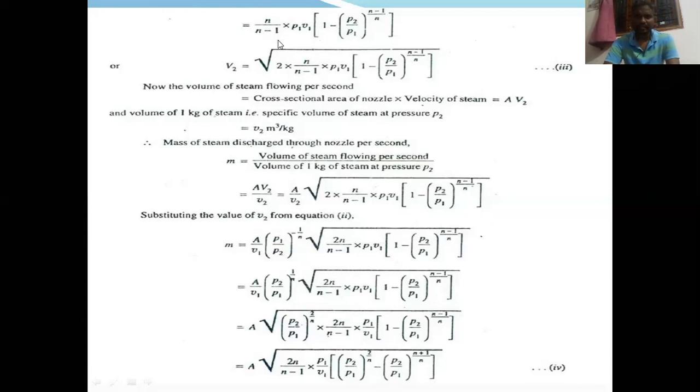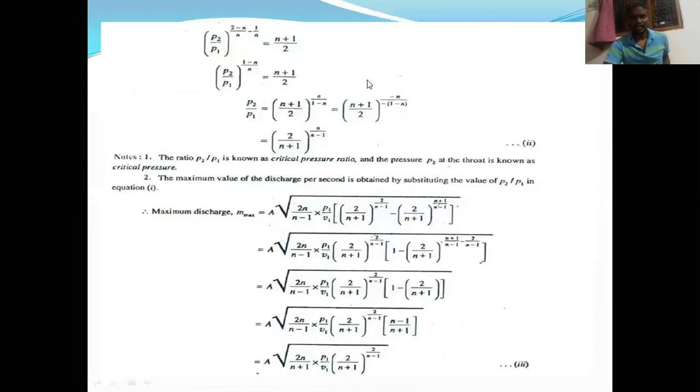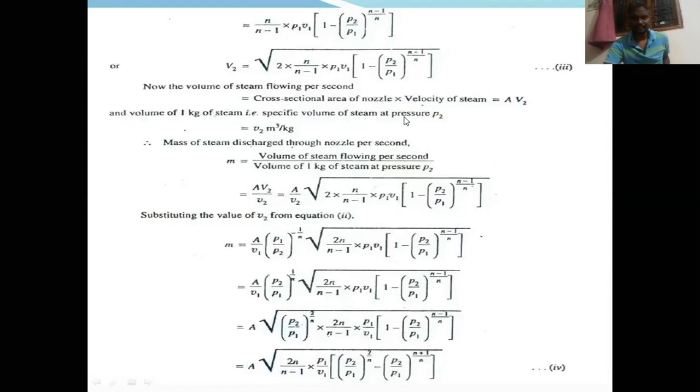Here we're getting n by the value of gain in kinetic energy, which will be n by n minus 1 into p1 v1 into 1 minus p2 by p1 to the power of n minus 1 by n here we are getting. And finally we got the v2 as...